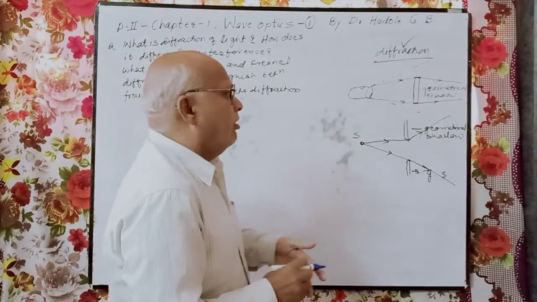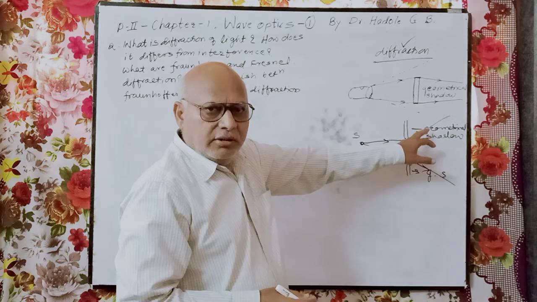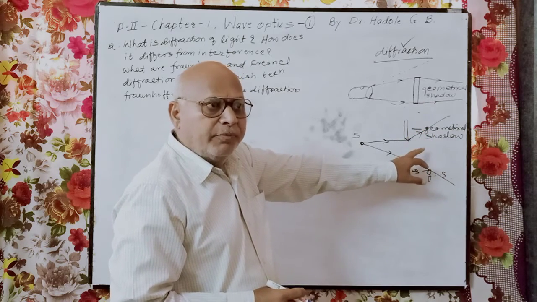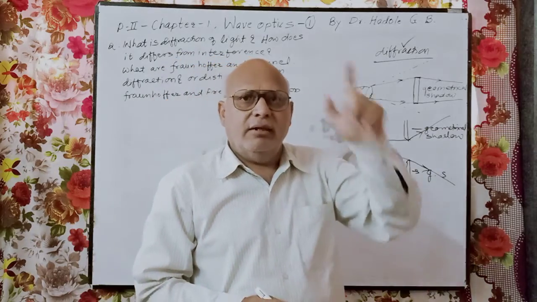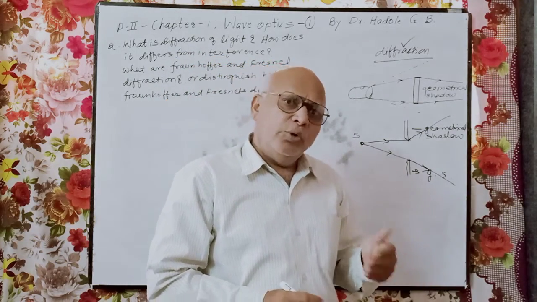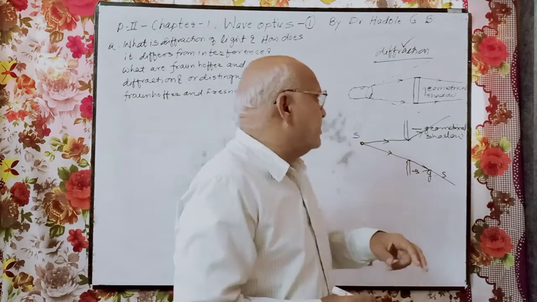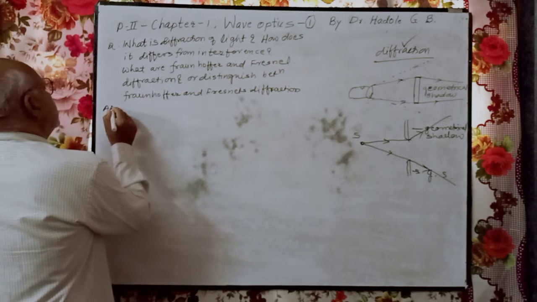The phenomenon of bending of light due to sharp edges of the obstacle and its encroachment into its geometrical shadow is called diffraction. And therefore, here, first answer,